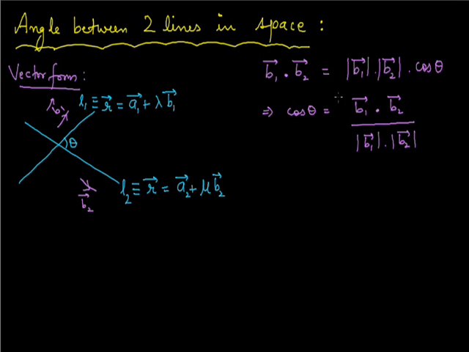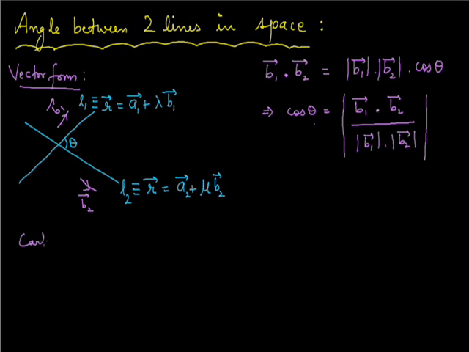mod of vector b2. Now, just to have the acute angle, because when two lines intersect, there are two types of angles formed between them, this one is acute and this one is obtuse, just to obtain the acute angle we take the mod of this quantity. So this is the required formula which we will use in the vector form. If the equations are given to us in vector form, then by applying this formula we can find the value of theta. Theta will be cos inverse of mod of vector b1 dot vector b2 upon mod of b1 vector into mod of b2 vector.